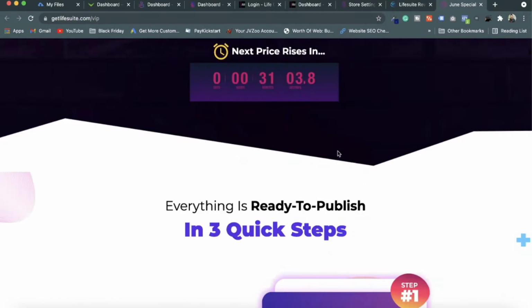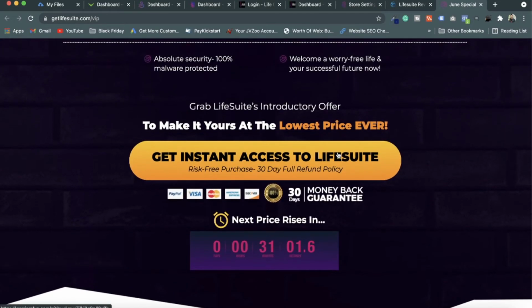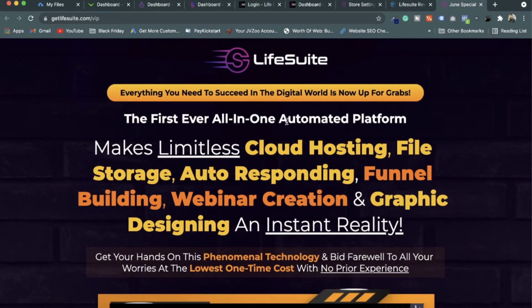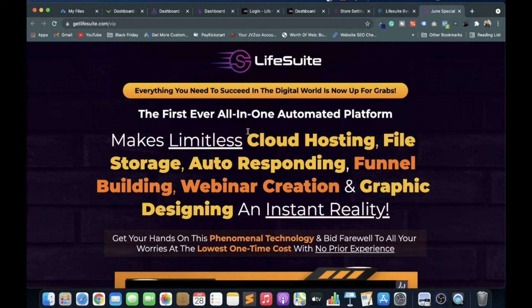There is price variation. If you buy on the first day of launching, it will cost you $14. If you buy after the day of launch, then you will get it at a higher cost. It may be around $14 to $30. So this is the pricing of the front end of LiveSuite. I will explain what the limitations are, what you will get on its front end and what you will get in its OTOs.